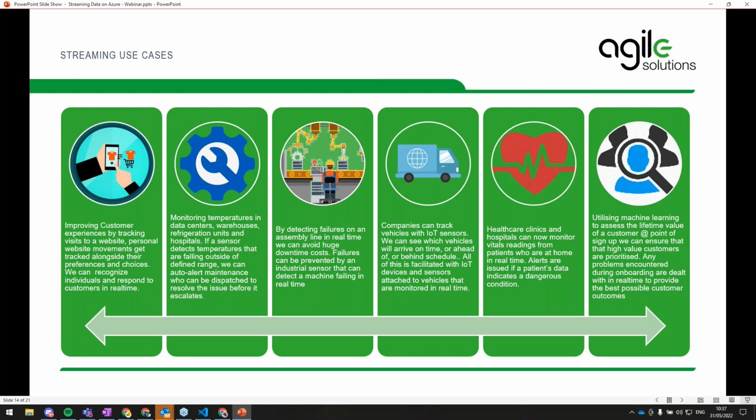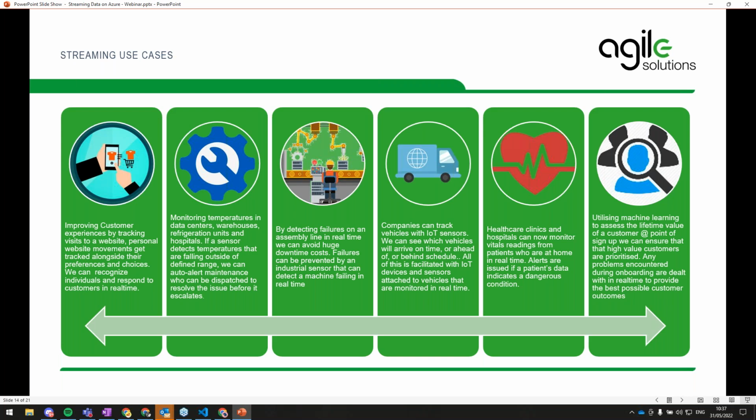Monitoring physical assets such as devices within data centers and warehouses is super important. Being able to monitor the situation that's happening physically in real time is super useful. We can detect failures in things like assembly lines or within warehouses, so we can respond to them and get the right people in the right place at the right time very quickly using streaming data. We can also track things geospatially, things like vehicles, anything that's equipped with a GPS sensor. You'll be able to track assets in real time where they are within a physical space. That can obviously be extremely beneficial.